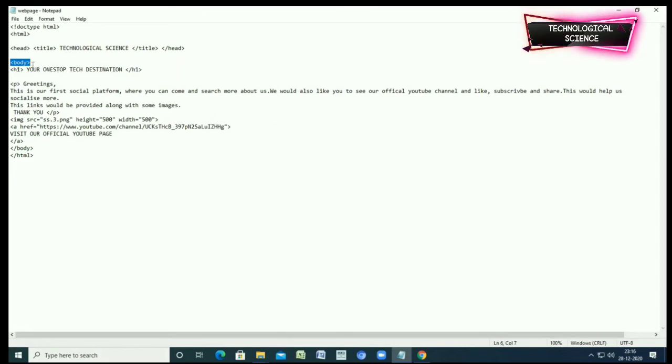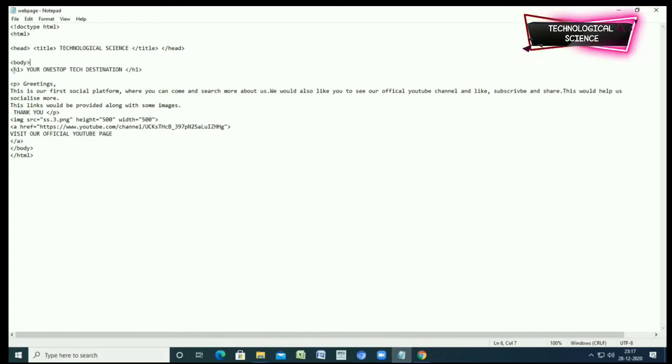Okay, so when you are done with typing the opening tag of your body, then comes the heading. So now you are adding a heading into your website, not giving a name to a website. You are adding a heading into your website. You can add multiple headings in your website.